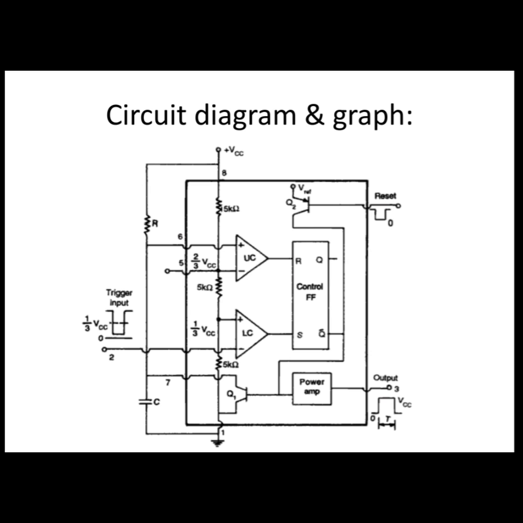The outputs of the upper comparator and lower comparator are connected to the R pin and S pin of the RS flip-flop, and the output state will be Q(n+1) and Q(n+1) complement. That means the next state output and the complement of the output of the next state. The output Q bar is connected to an inverter, and the inverter is connected to the third pin, which is our output pin, and it basically consists of two discharging transistors such as Q1 and Q2.